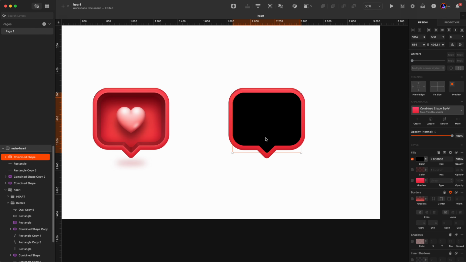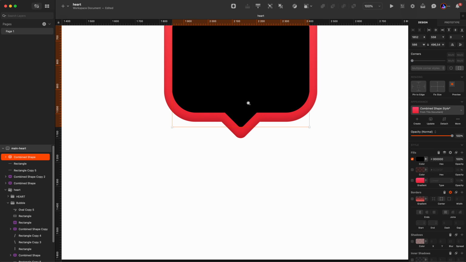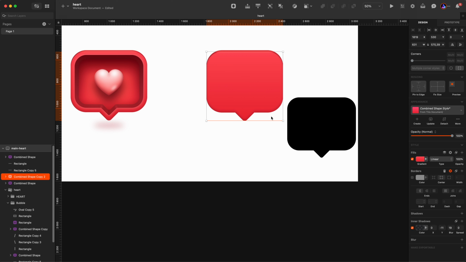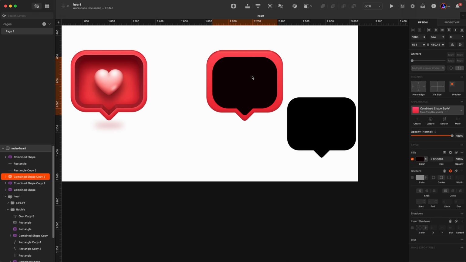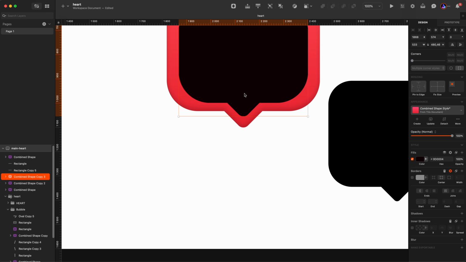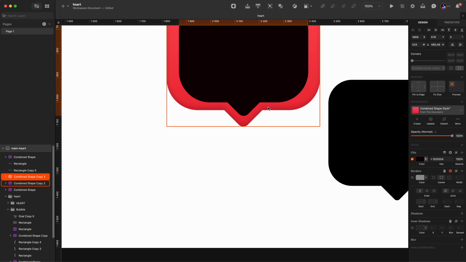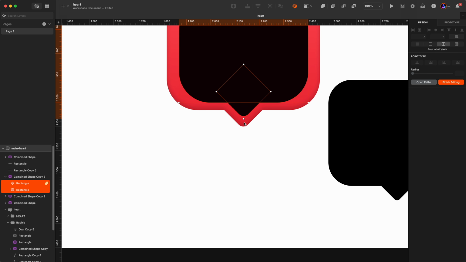And before we start playing with the effects, let's figure out how to create that shape in a nice way. Because obviously if you take this shape and just shrink it, it's not really gonna work, right? Because, let me just quickly make this into a dark color. Because if you just shrink it, it's just gonna look messy like this. So what you want to do is shrink it a little bit and focus only on the triangular part at the bottom. What we want is this distance here to be the same as this one and roughly similar to this one. Now press enter